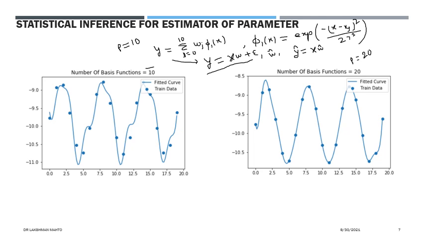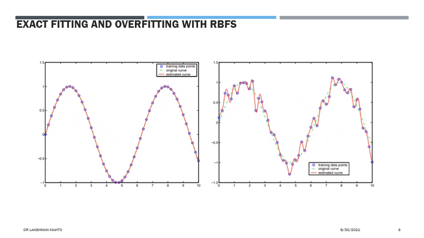But what will happen if you keep on increasing the number of radial basis functions? Then you are just leading towards over-parameterization. That means you are increasing the dimension of the feature space, and then there would be computational issues, or what we call the curse of dimensionality. So that problem will come. Here I have taken the over-parameterized situation this way.